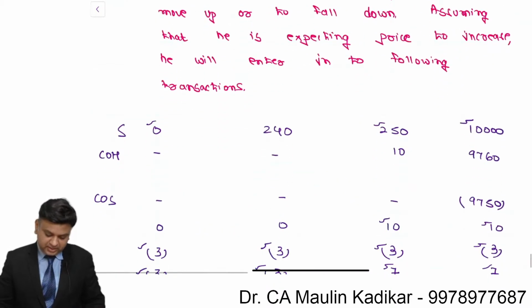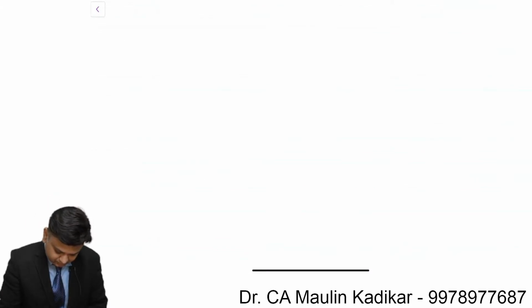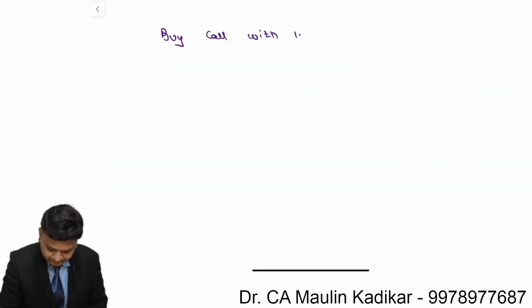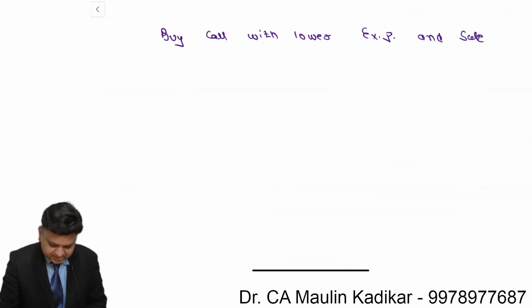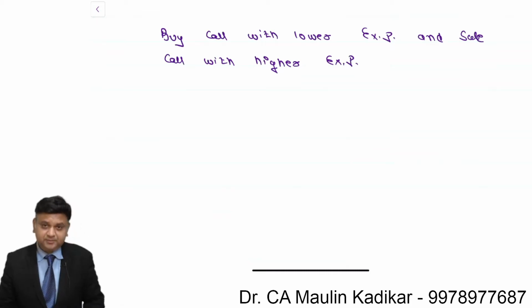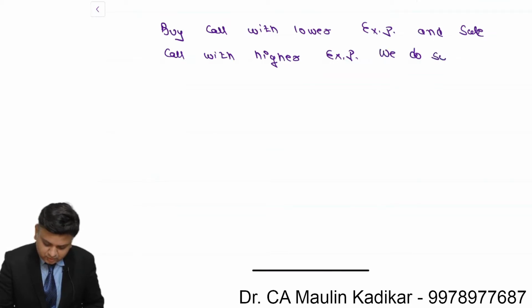In the note, write down the following transactions: buy call with lower exercise price and sale call with higher exercise price. In that, further write down,